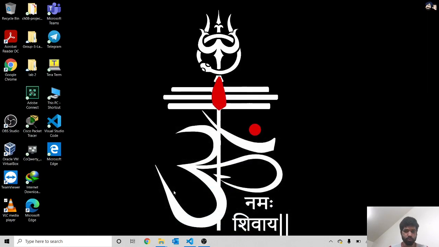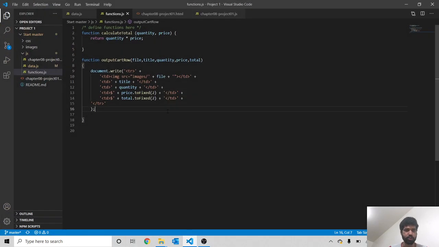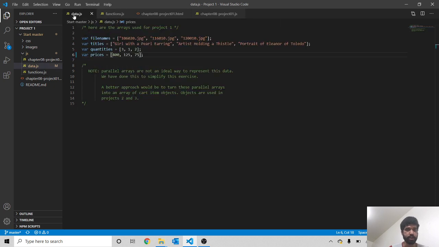Hello everyone. Today I'm going to explain project 1 and project 2. So here is the code for project 1, in which we already got the data.js file with the values in